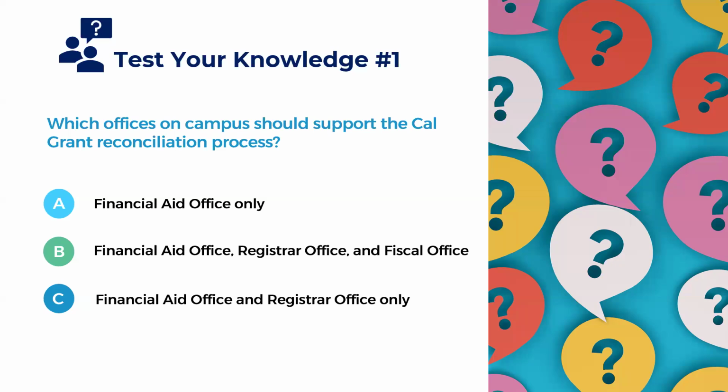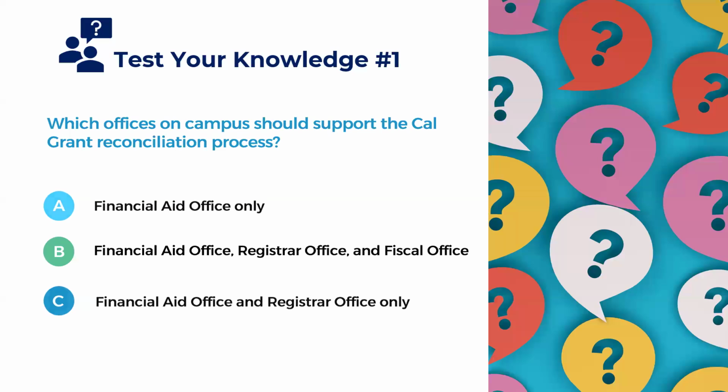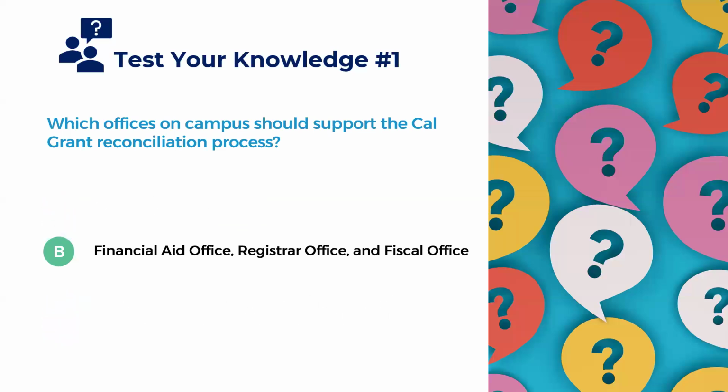Good. So most of you got that right? Most of you chose option B, which is the correct answer. So well done to those of you who got that correct. Nice job. Yeah, as I stated on the earlier slide, the year-end reconciliation process does involve multiple departments on campus. So well done. All right, let us proceed.